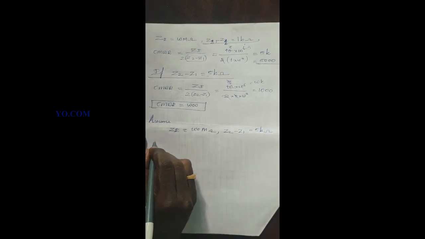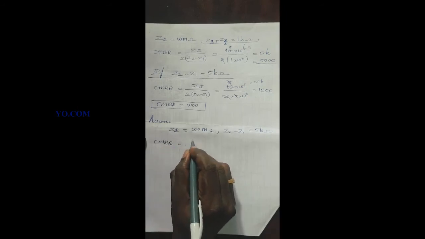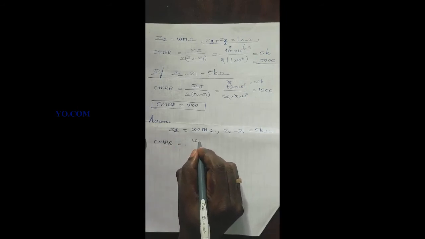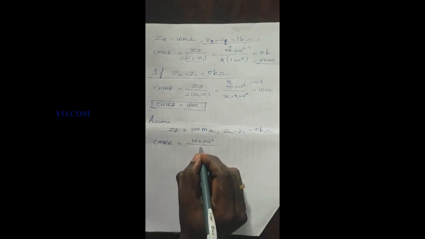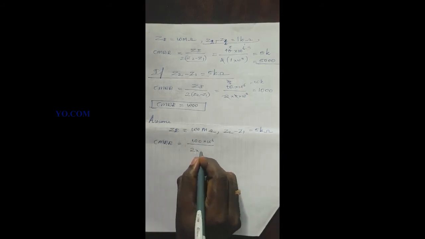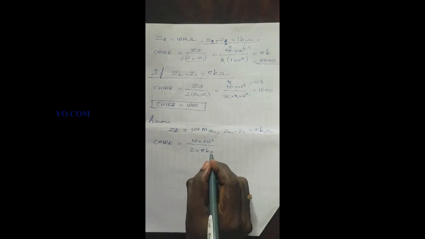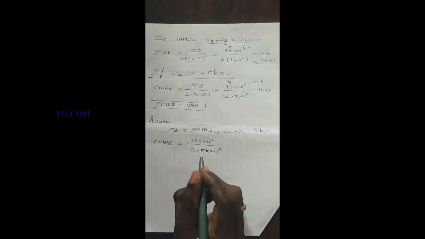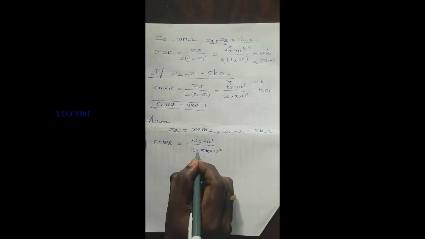Then find the CMRR, that is equal to Zi, that is 100 mega ohm, 100 into 10 power 6, divided by 2 into 5k, 5k means 5 into 10 power 3. Okay, right,